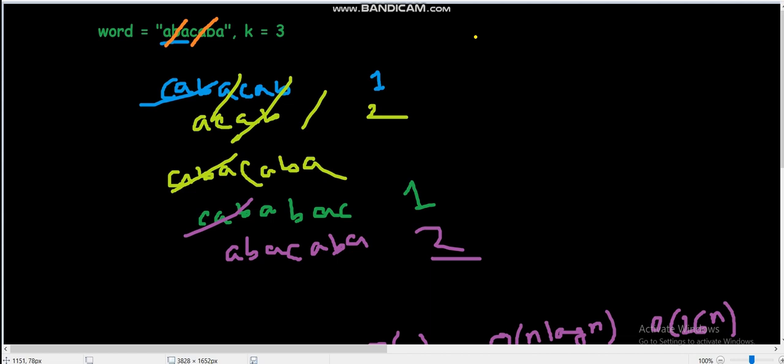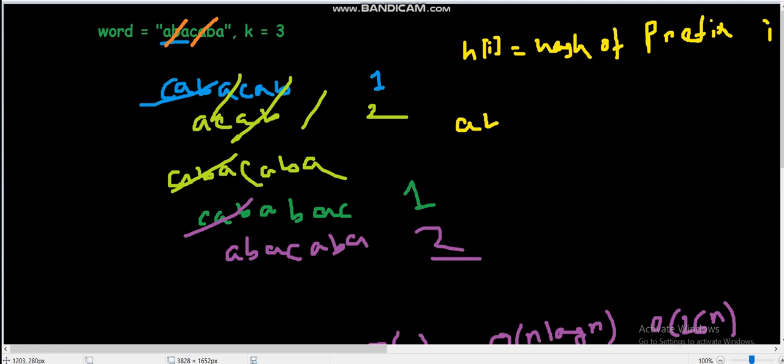For a kind of rolling hash, what we are doing is that our hi, let's say hi is the hash of the prefix of length i. Now how are we calculating hi? Let's say our string is a b c d. What we will do is that we will have